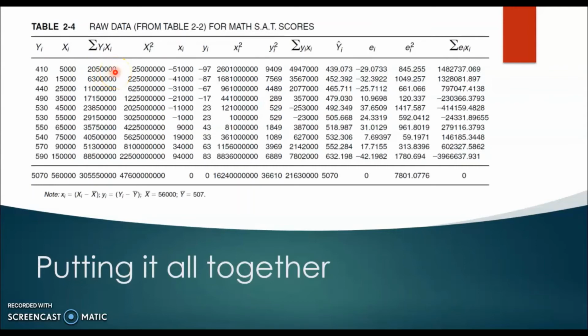We repeat the same process to get the multiplication for the second, third, until the last observation. Of course, we have the sum of multiplication between the dependent and independent variable indicated here, and it is equal to